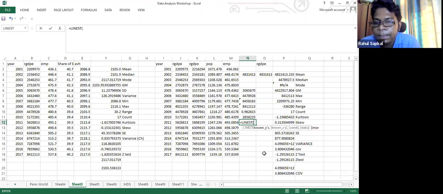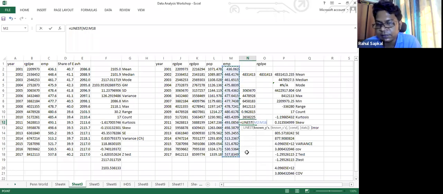Now it will ask you what is the known y and what is the known x. So far we don't have information about the known y. So here, whatever observations we have in front of us in the sample, we'll take as y. I believe that my employment is dependent upon the GDP, and I believe that the GDP influences it a lot. So I will put as my y, which is my dependent variable, my employment series. Then I'll close this. Then my x is my